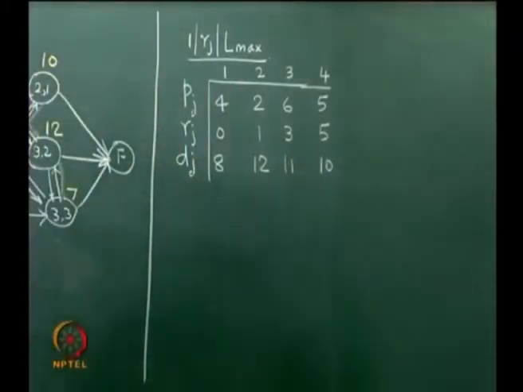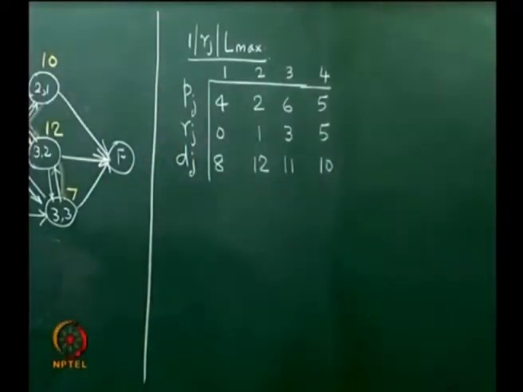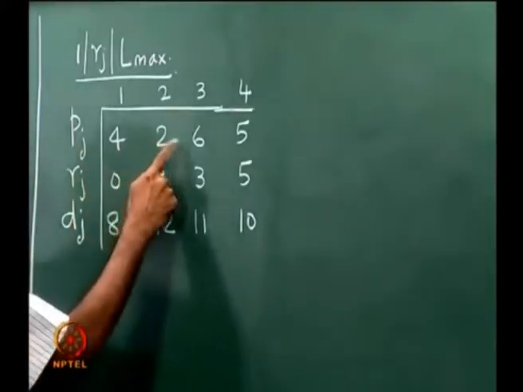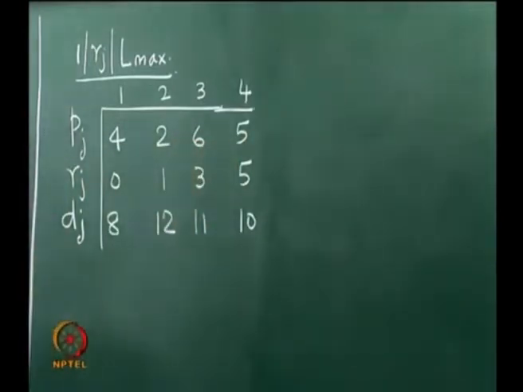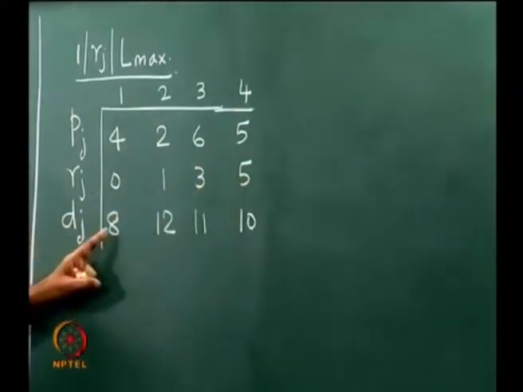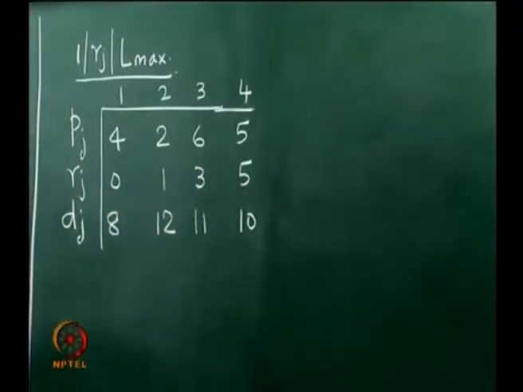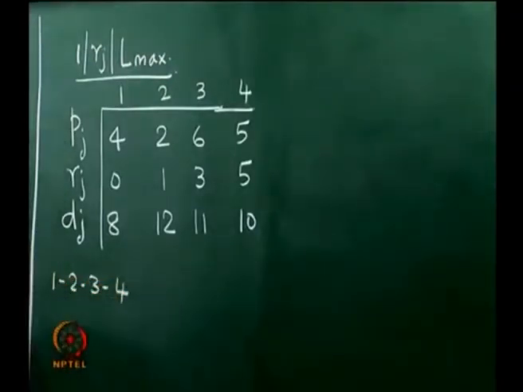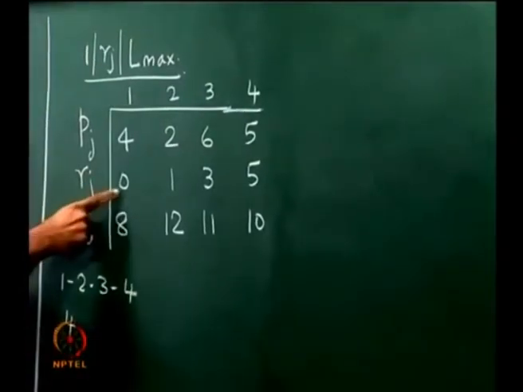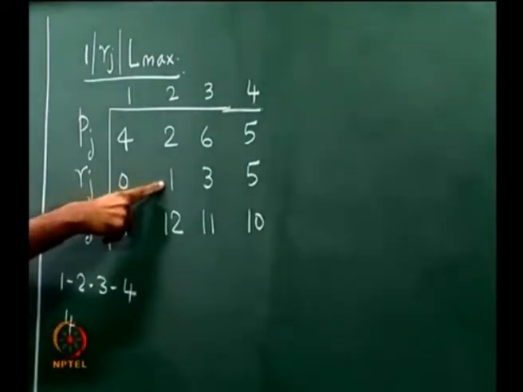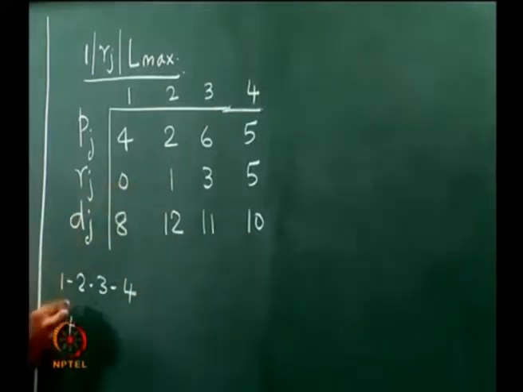So, let us look at a problem like this, where there are 4 jobs on a single machine. The processing times are 4, 2, 6 and 5. The release times are 0, 1, 3 and 5, and the due dates are 8, 12, 11 and 10. So, if we consider a sequence 1, 2, 3, 4, then the completion times are 4. The job can enter at time 0, so it can come out at 4, by which time job 2 is available. So, 4 plus 2 is 6,